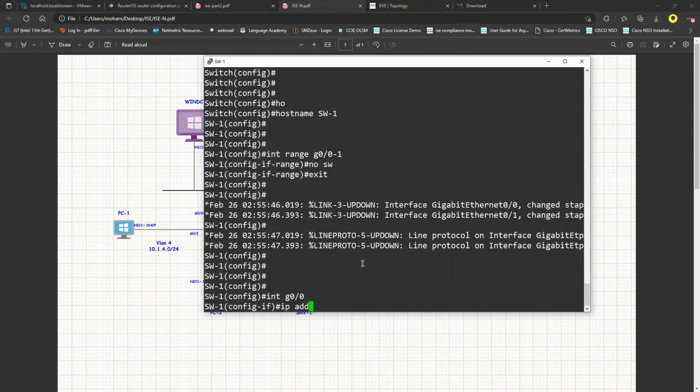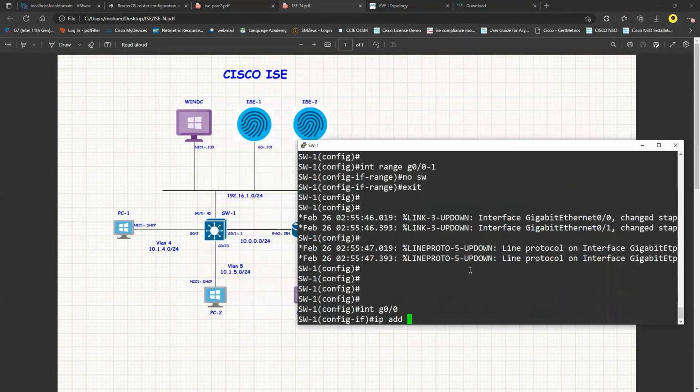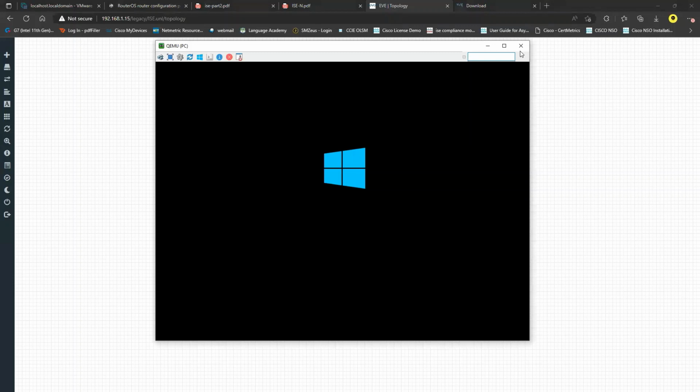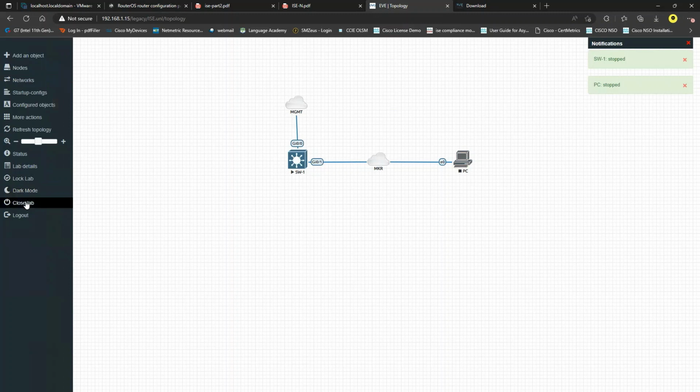Interface gig 0/0, IP address will be 192.168.1.45, 255.255.255.0, and no shut. So it's hanging up. I think I have given fewer CPUs for that one. So I'll just do one thing. I will just stop this one, and I will also stop this one. That's the reason it's not coming up. So I will stop and close the lab